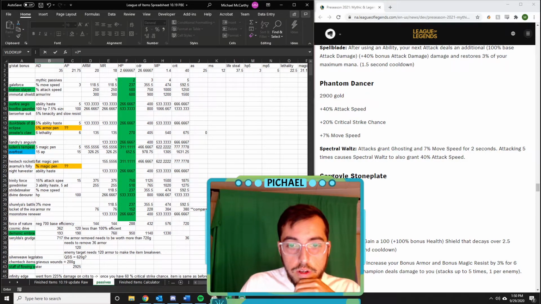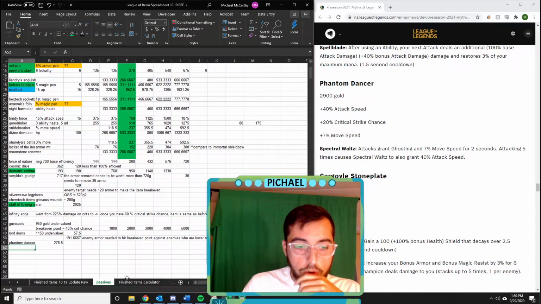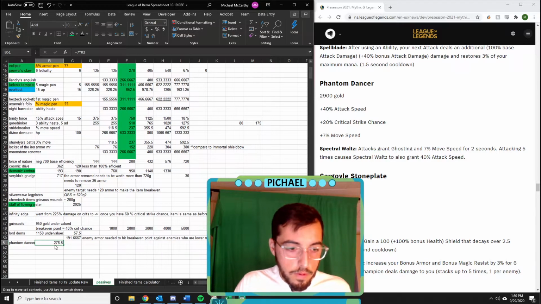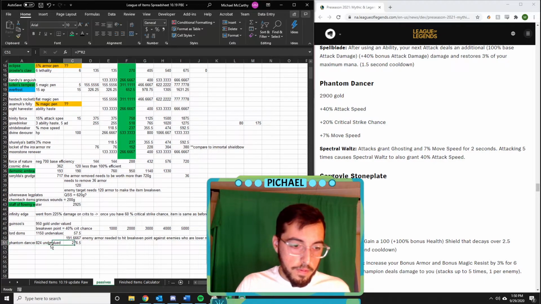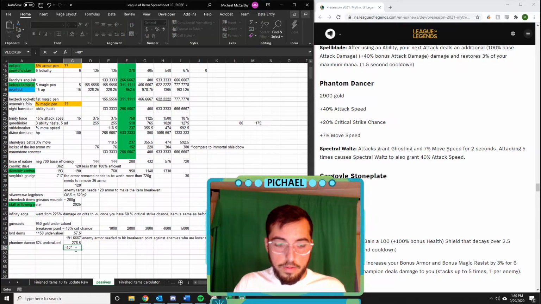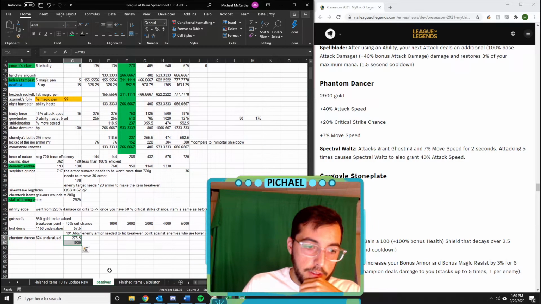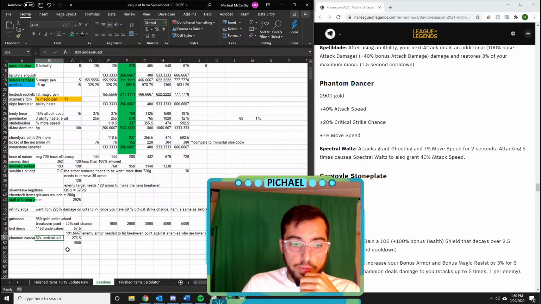times that. And what's the number we need to make up? 824. $267. So attacking 5 times causes spectral waltz. All right. Now we got it. Now we have an okay item. So at its peak,